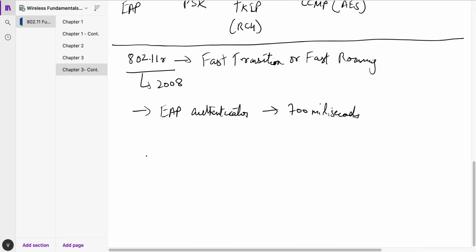If my client is moving on a voice call from one direction to the other, and he has to move from one AP to the other AP, he cannot wait for the entire EAP authentication to happen, because if on being on a voice call, they can only handle latency up to 150 milliseconds approximately. Now, if the authentication takes more than that, the call will drop, and that's going to be a bad experience